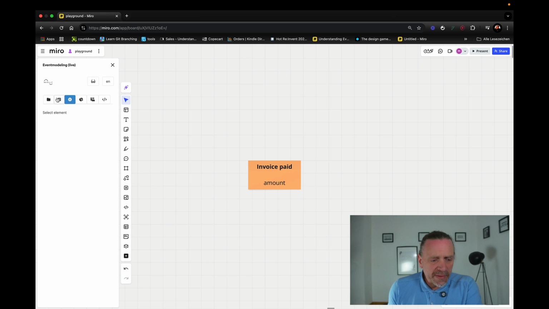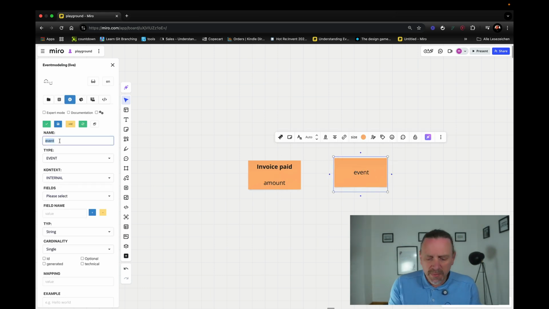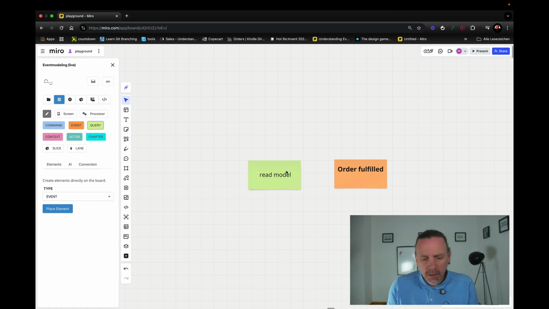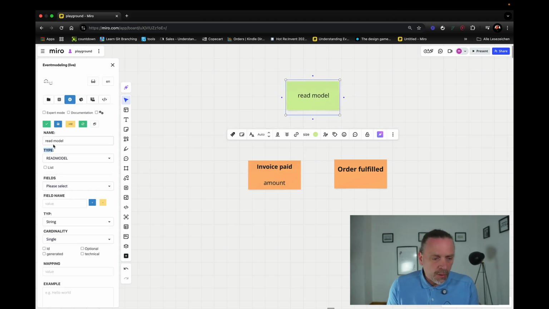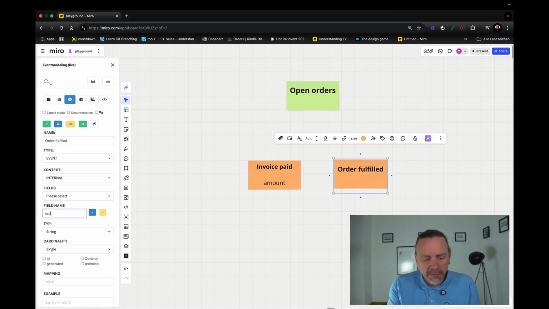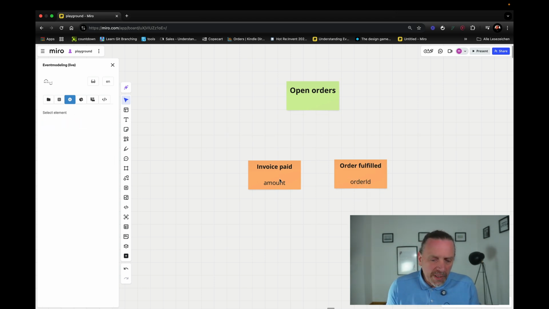Now let's say we have a second event here, something like order fulfilled. So the customer had an order, and now we have the fulfilled order. And let's say we have a read model here, which says open orders. Now, what we have here is, we can have the order ID. And now what we can do is, we can just connect these elements here,